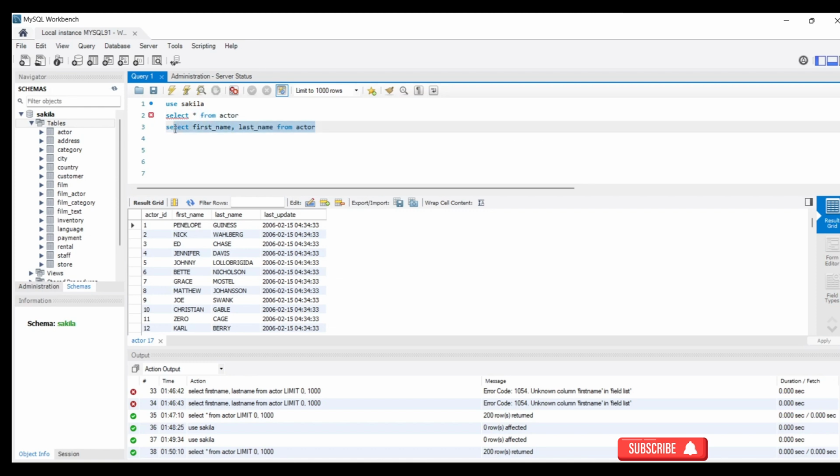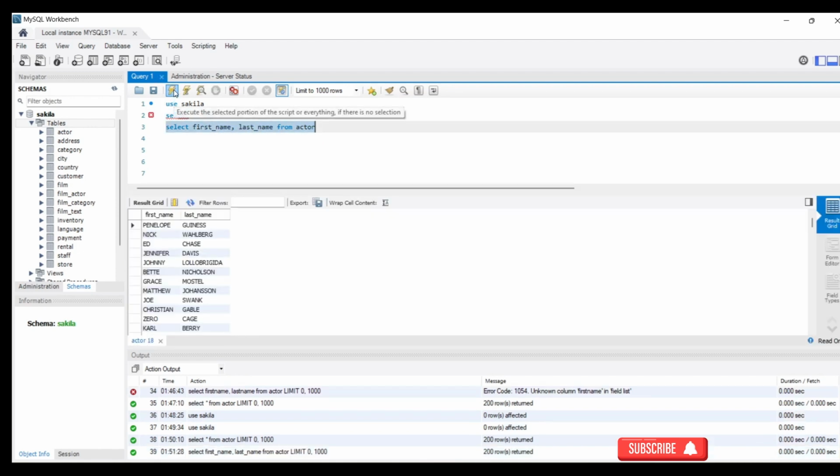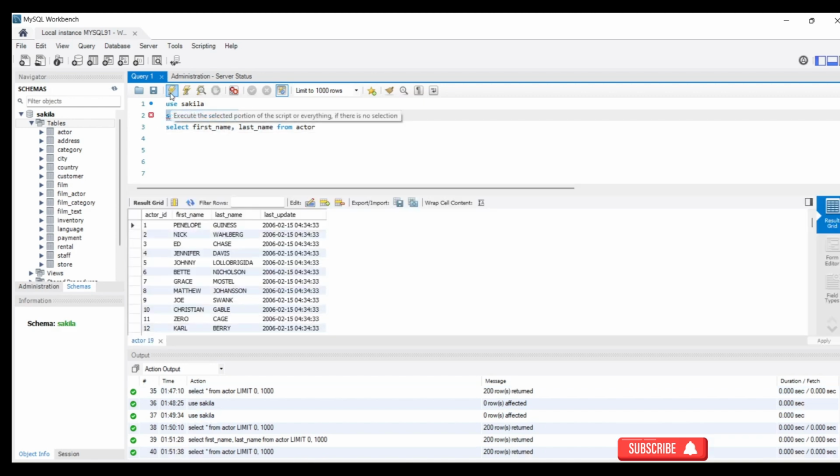Let me run this and see. Now watch what will happen. This table gives us everything about the actor table, but I'm being specific. I just want first and last name. So using this command and I run it, you could see that I just have my first name and last name. So this select asterisk from actor gives us the whole table, but if you are selecting specific columns, you